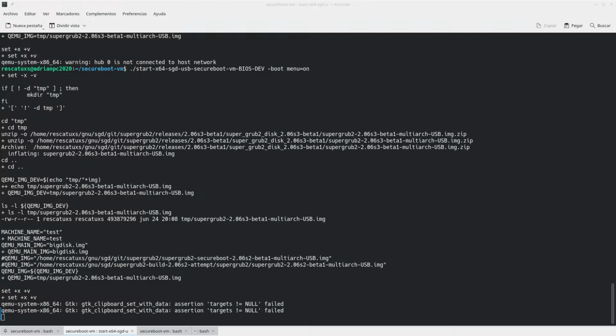ReactOS, how to boot into a specific ReactOS entry. Then we have a new Hurd boot.